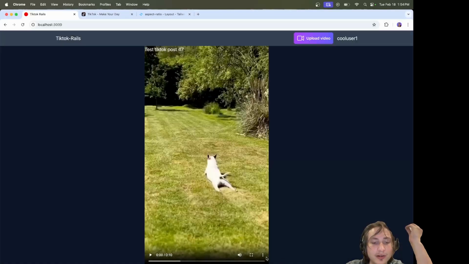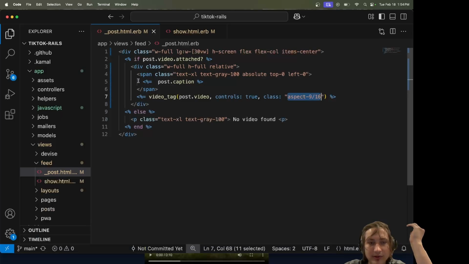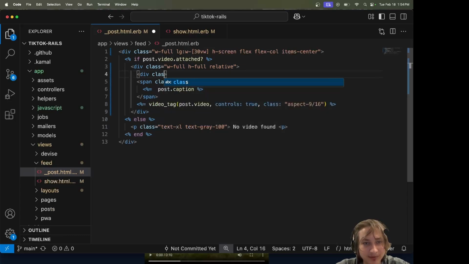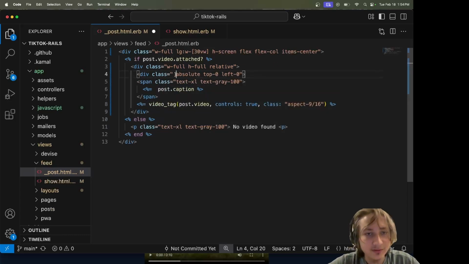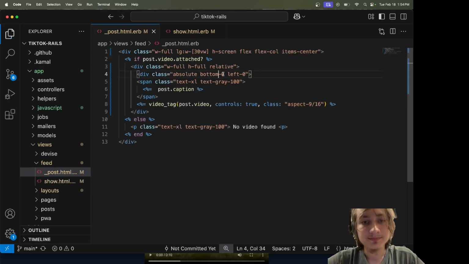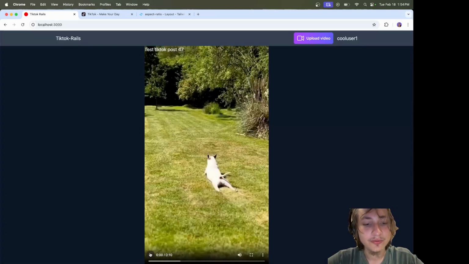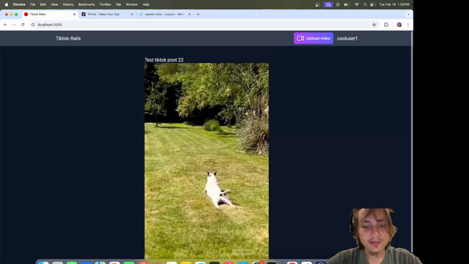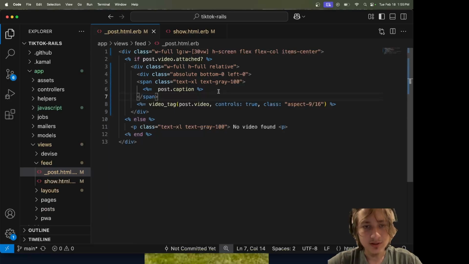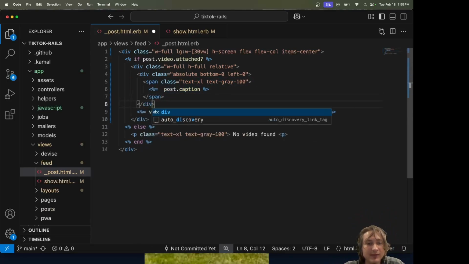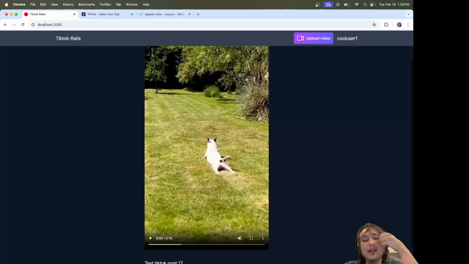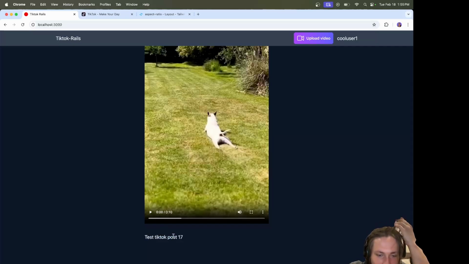Now if we wanted to put our text at the bottom instead of the top, which now I kind of do see why I might want to do that, why don't we just make a new div for all of our absolute content. We could put the absolute here. Instead of top 0, we'll do bottom 0. Although bottom 0, I think it would overflow with our controls. So if we reload, oh wait, that totally messed up things. That was weird. Oh, I forgot to end the div. It's my fault. Yeah, if we reload, our video is still looking straight, but for whatever reason now,